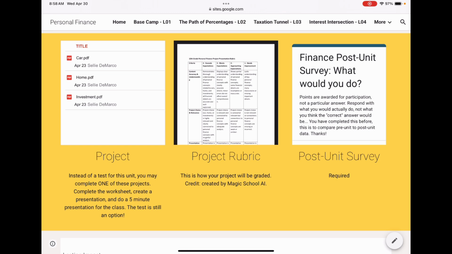And then another technology I used for this section was our school district has a license to Magic School, and this is Magic School AI. And while most of our AI is blocked at the school, and I kind of want to try something with it, this is one thing they do let us use. And I used that to generate a rubric for these student projects so that they would understand how they would be graded on that project. So that was another technology that I used.